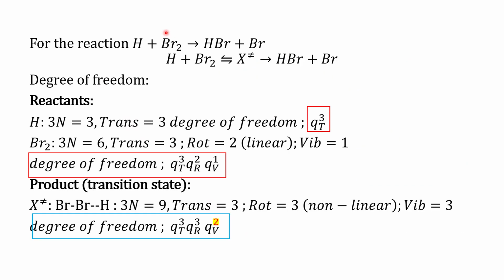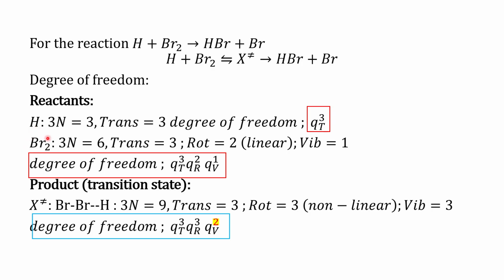Let's use this reaction to practice assigning degrees of freedom to the reactants and the transition state. This reaction involves a hydrogen atom with a bromine molecule to form the activated complex, proceeding through the complex and then giving us the product. So we have to determine the degrees of freedom for the reactants, which are the hydrogen atom and also